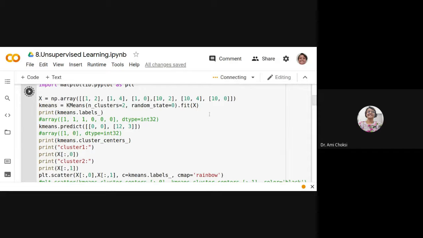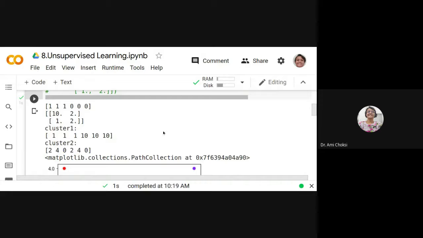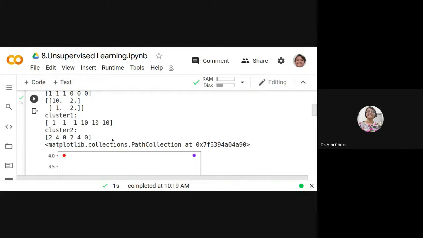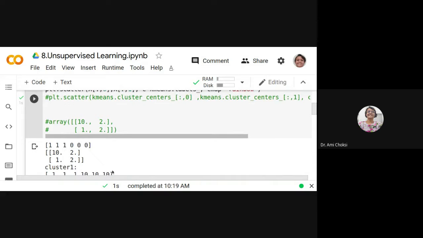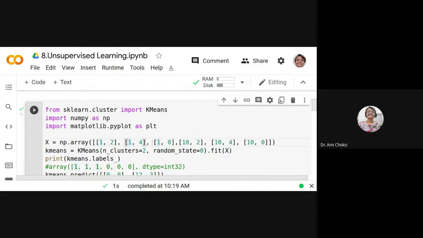It is connecting, right? It is initializing. So what we are getting is the output, right? Cluster 1 is having this and cluster 2 is having these coordinates, fine? So what we say is, here it considers what? This 1, 1, 1, 10, 10, 10. Where we are having this 1, 1, 1 and 10, 10, 10.